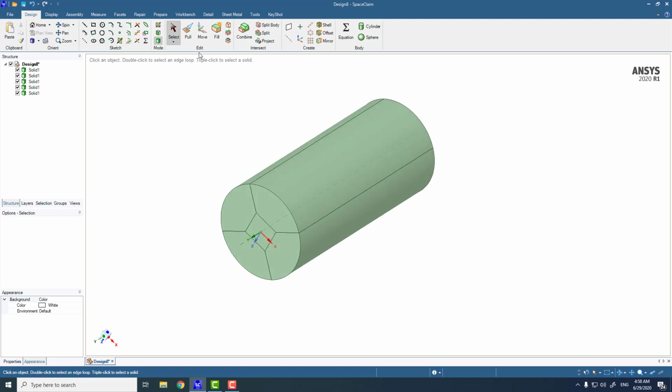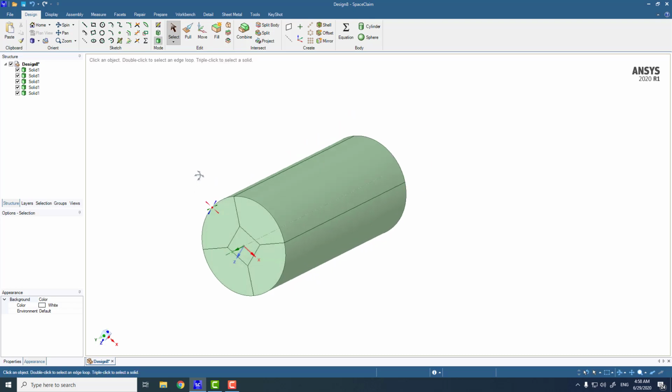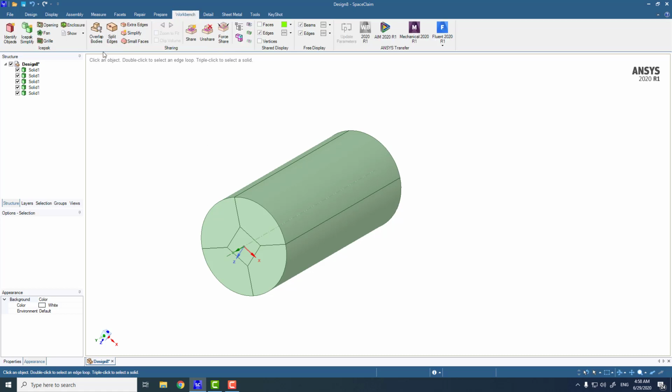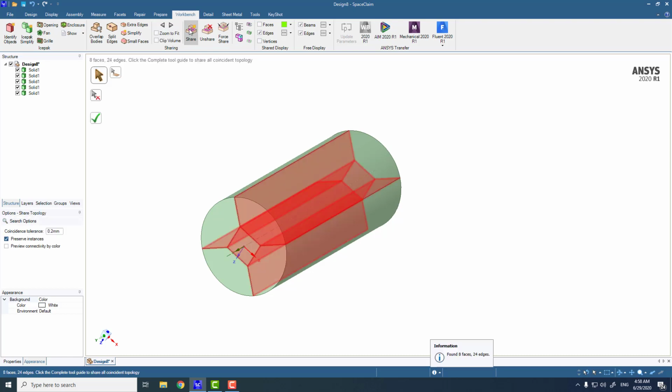So in SpaceClaim, to make the mesh connected across the different parts, the command is slightly different, and this command is known as Share. This is true whether you do this with this method or with the first method; in all cases you have to apply this command. So just click on this right arrow and this tick mark here, which is in green color, and all connections will be done automatically.